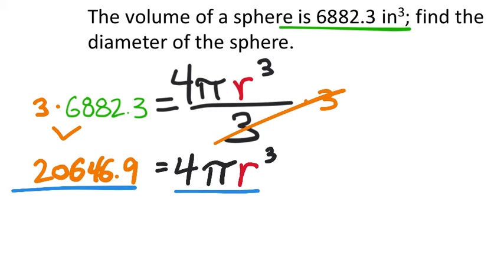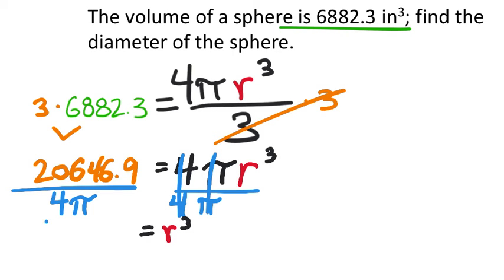Okay, again, I'm going to do this in one step, the division here. I'm going to make the 4 and pi phantom ones. To do that, I'm going to divide both by themselves, 4 and pi. But if I do it to one side, I must do it to the other side. So there's a phantom 1. So I am left with radius to the power of 3. And we're going to take that 20,646 and divide it by 4 times pi, right? And I get,